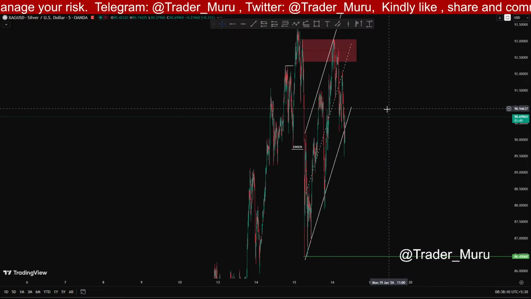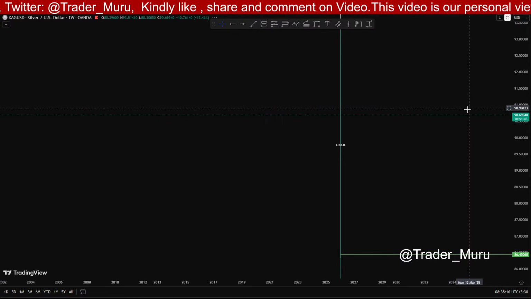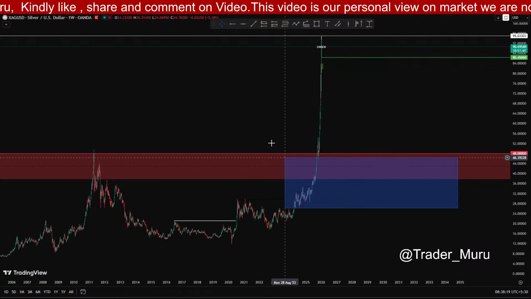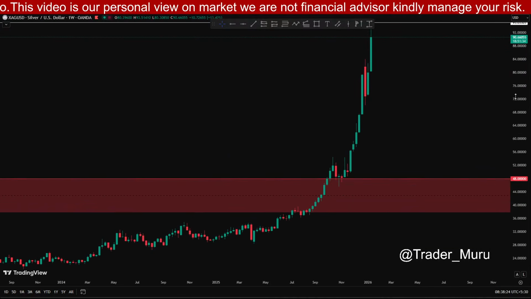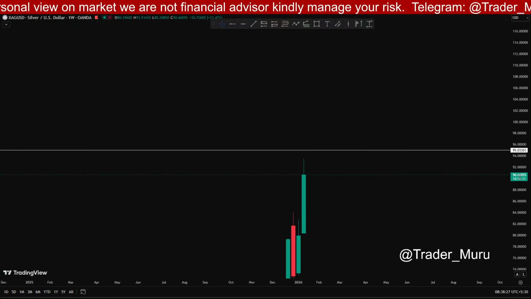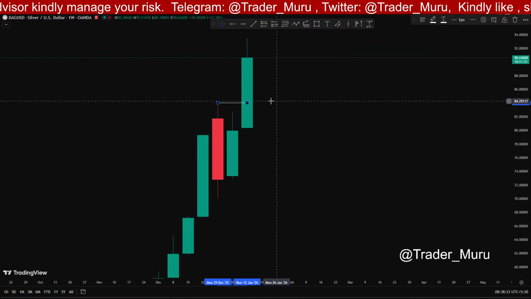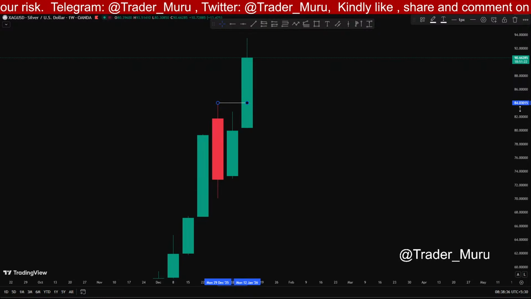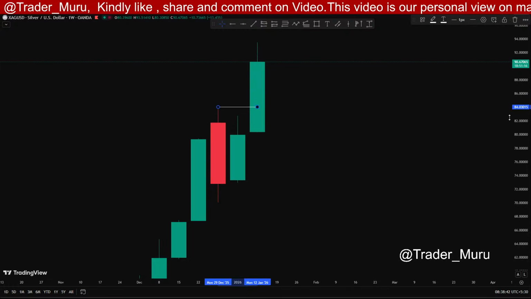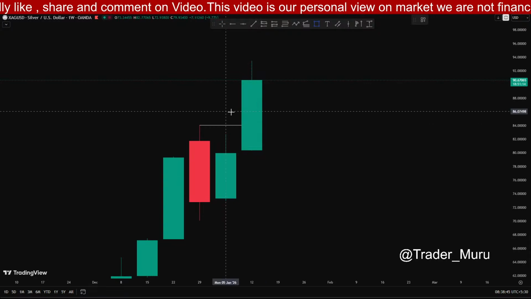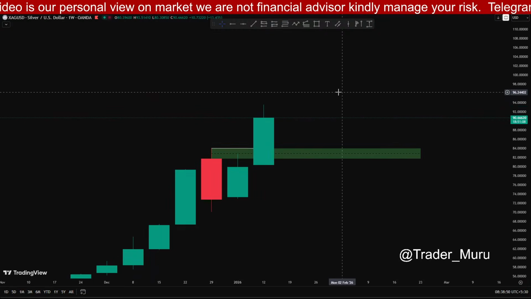Now let's see silver. In silver, let's analyze from the weekly market. We don't need this all. I'm just deleting this, and then we have the same structure as gold in silver. So this is our candle which should close above around 84. Price should close above 84.03. After the closing, price will retest this zone and again pump, and first target will be 95,